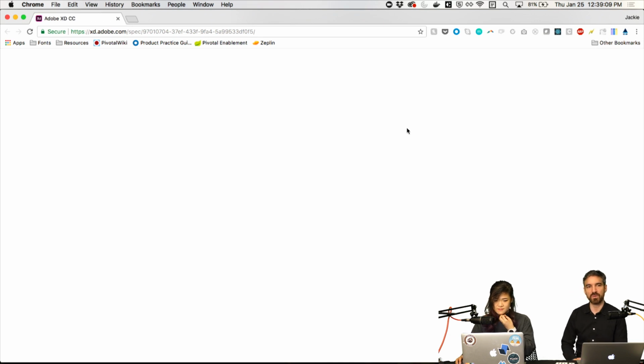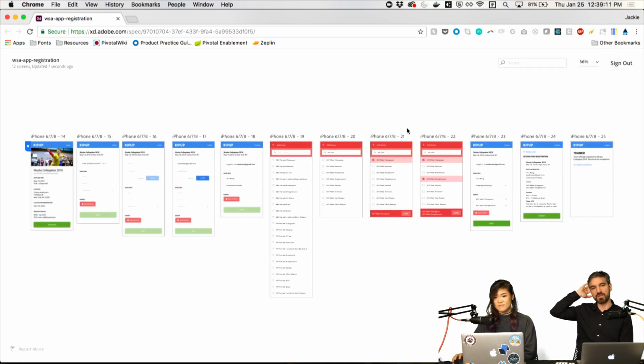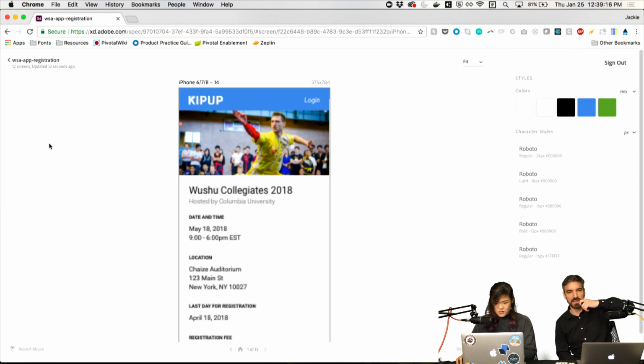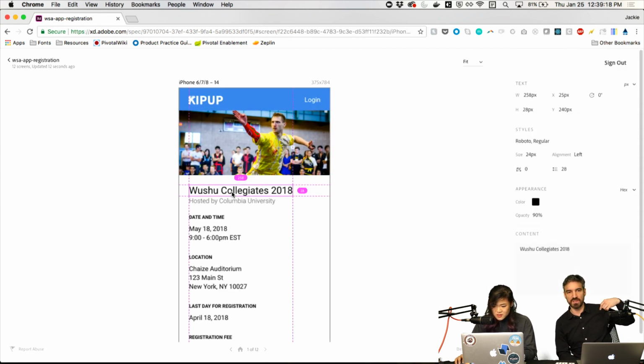So this is when you share it with developers or other designers. You recognize all the prototypes, but here you're in the browser. If you come here, you have the references already on the right, because it will detect what content you want. Oh, cool, I like that. Quick copy. Yeah, you have the opacity. Also the typeface.